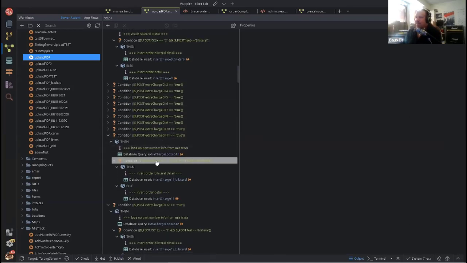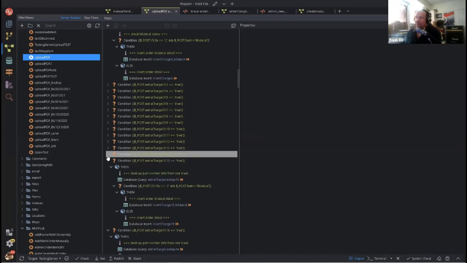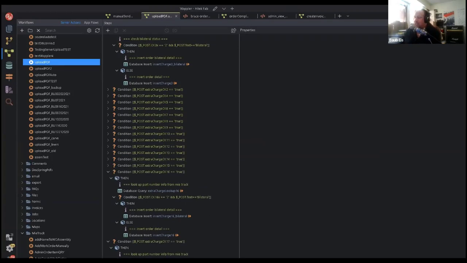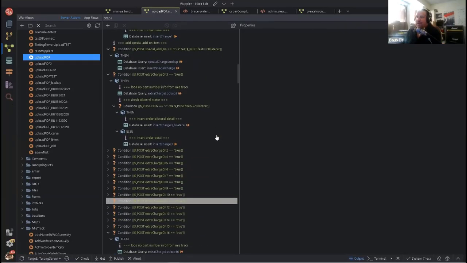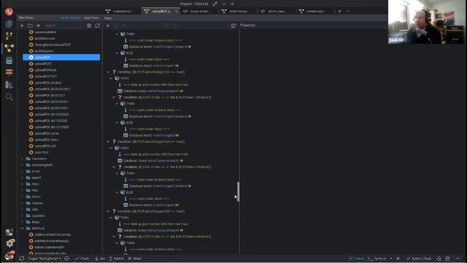is it bilateral, which means both feet? Because if it is, that means there's 2. And so I'm going to charge one way if it's bilateral. I'm going to charge the other way if it's not. But I can go through, and I have all these check boxes set up so that it's generic. You can just assign it. The checkbox doesn't have to be the name of what it is on the form. So I kind of go through all the check boxes. Let me see, go down the bottom here.